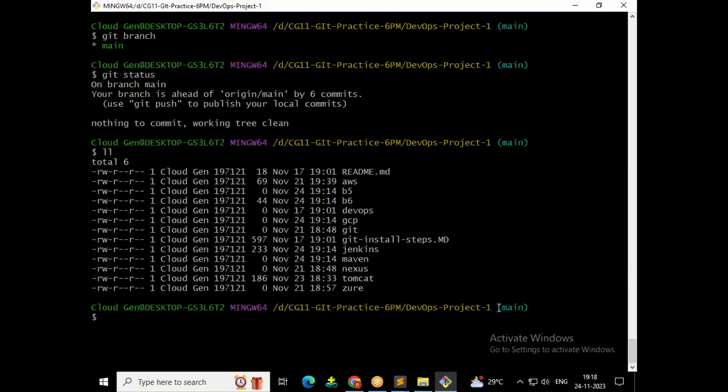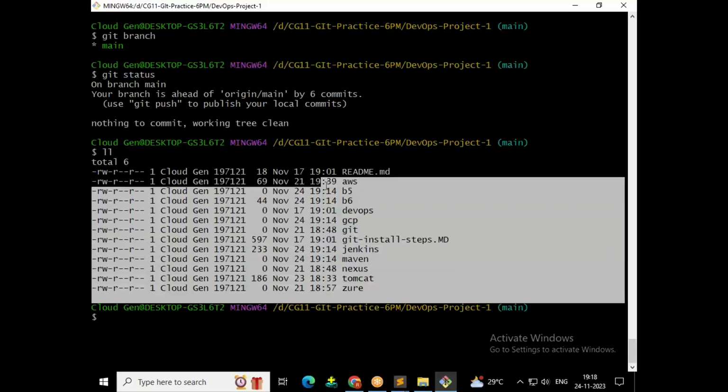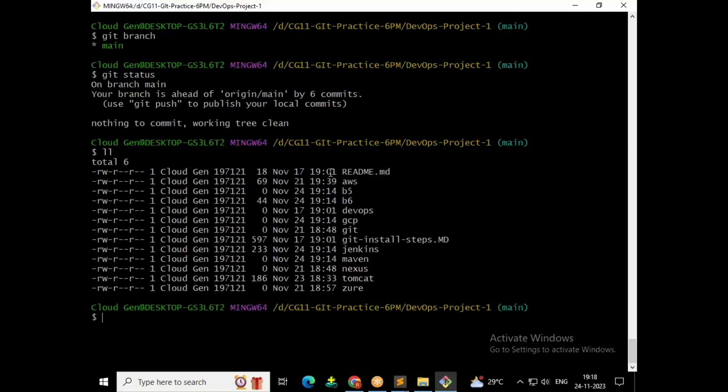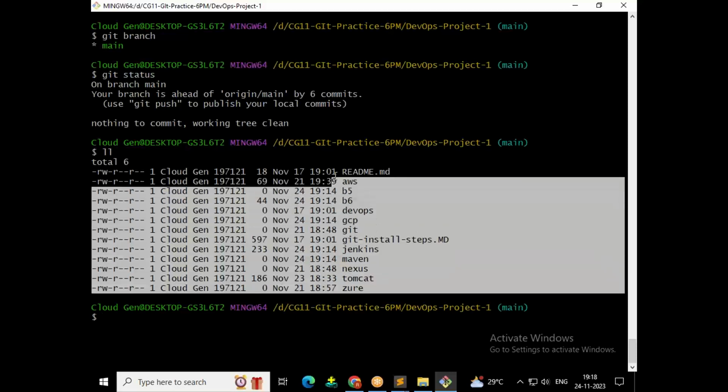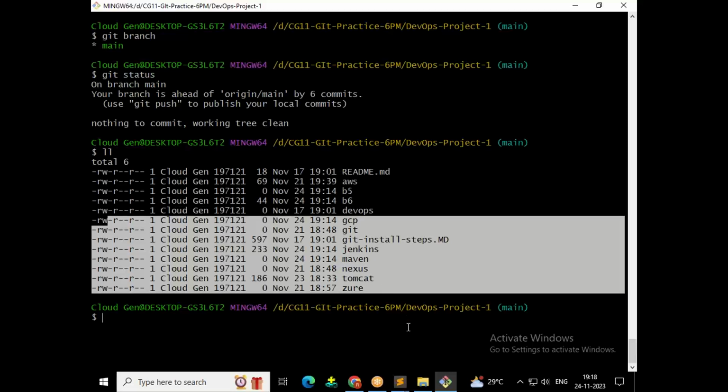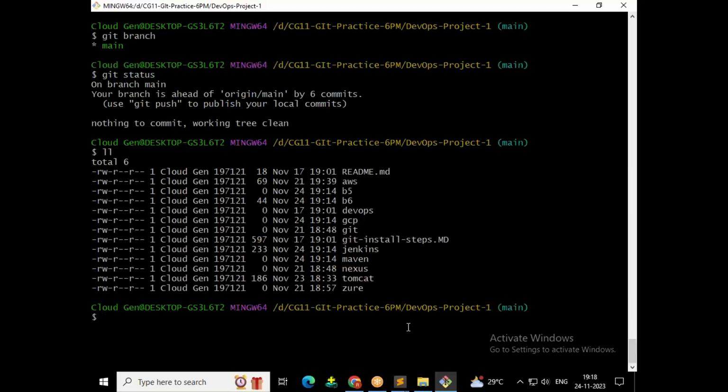Now the main branch is the owner of these files. Okay. The main branch is the owner on this. Yes, or else the main branch has ownership on these files. You got it, guys? Now imagine it. Main is one person. Now that person